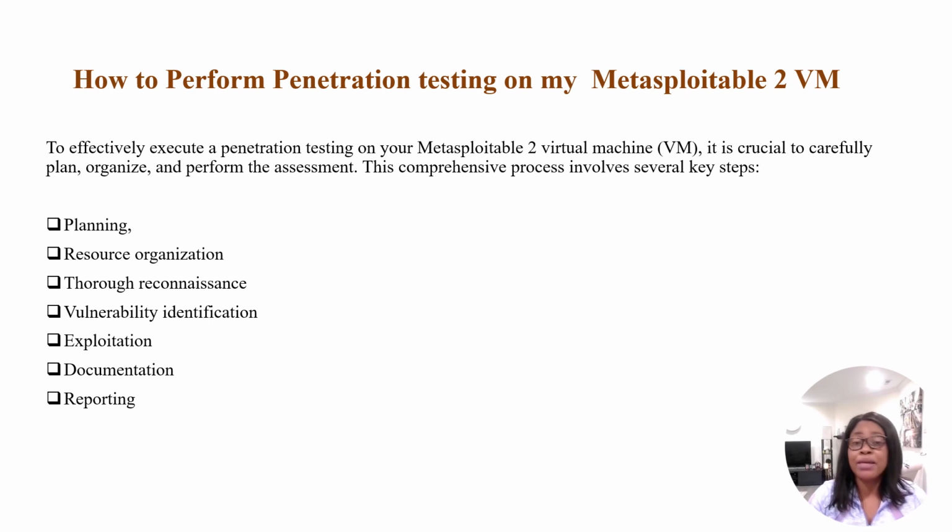The first step in the penetration testing process is to carefully plan and define the scope and goals of the test. This includes choosing the target system, such as the machine you're using. In my own case, I'm going to be targeting my Metasploitable 2 machine. Then you have to gather the necessary resources and tools that you need in identifying the vulnerabilities